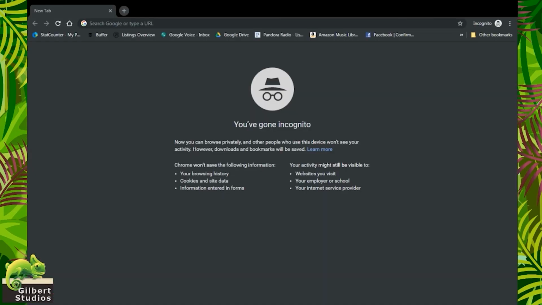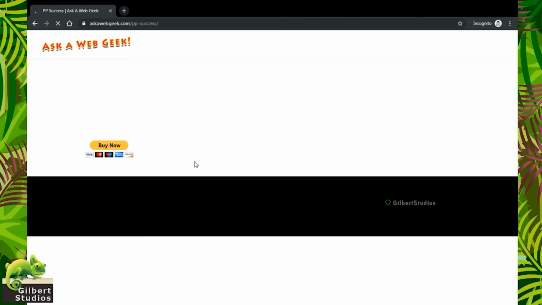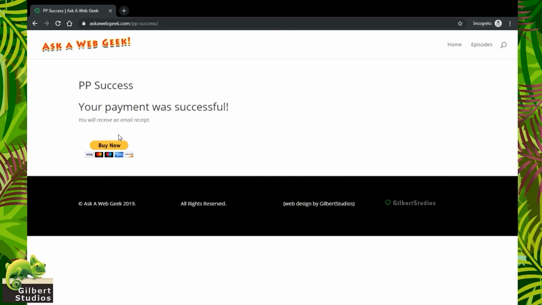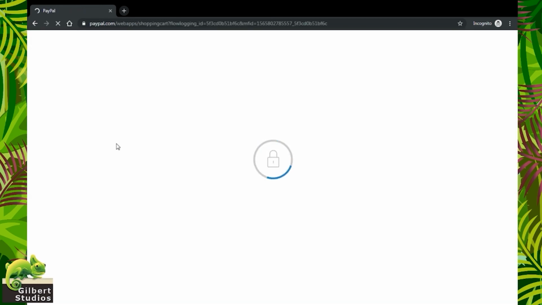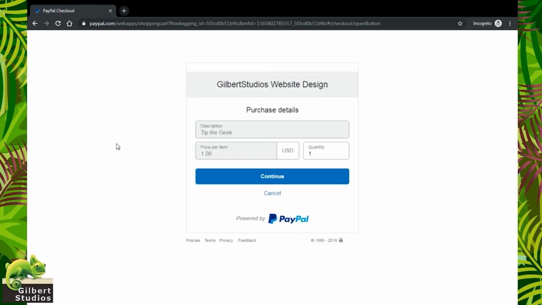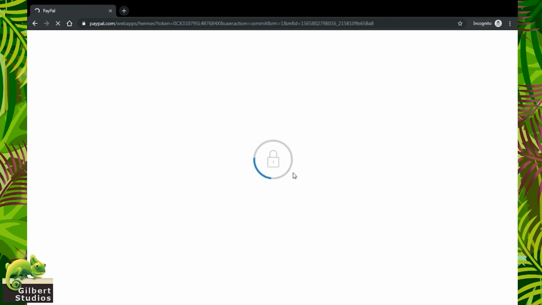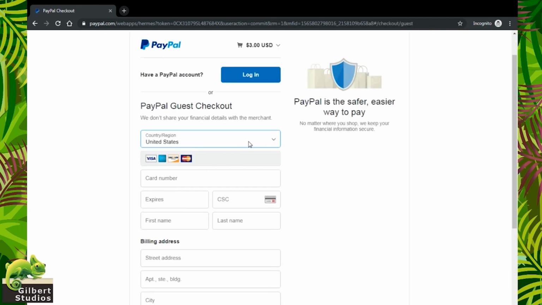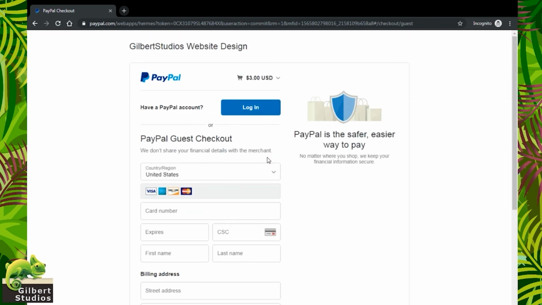Good, and I'm just going to flip to this browser real quick. Okay, so here we are on our success page. The only reason I've got this button right here is so I can click it. And then when you click it, it takes you over to PayPal, and let's see what it says. Tip the geek, $1. So here you can change it. You know, let's give him $2. Let's give him $3, right? And then you click continue, and then it's going to have you log in. And if you have an account, they want you to log into your account first. If you do not have an account, you can usually just fill this out